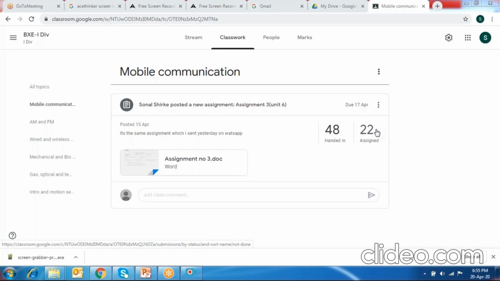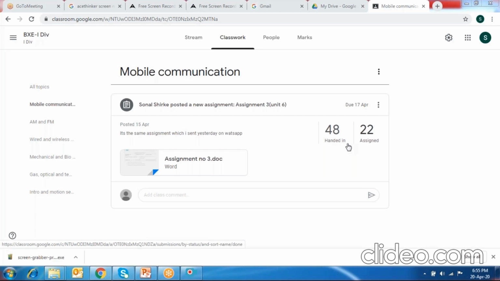Then if out of 60 students, 48 have submitted the assignment, handed in means the number of students who have submitted their assignments to me.